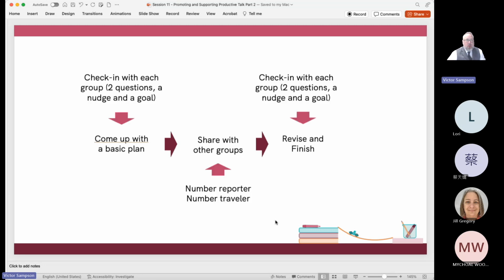But as a teacher, I can use these activities to help with that, right? So when they're coming up with their basic plans, I can go around to each group and do check-ins, right? And do the 2 questions and a nudge and a goal, right? Then when we get to sharing with groups, I'll introduce the numbered reporter and the numbered traveler to support that interaction. And then finally, when they go back to their groups, revise and finish, I'll do check-ins with each group, 2 questions, a nudge and a goal